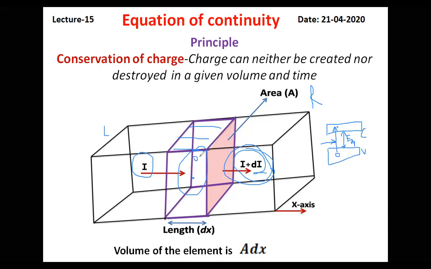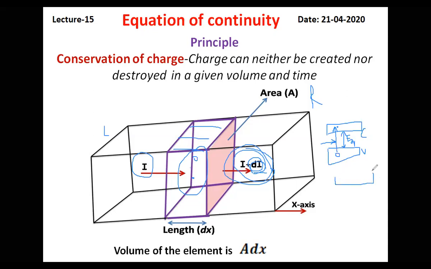Some amount of the charge is removed from this block due to the transport mechanism. That means Di is the excess amount of current that is taken away from this particular block. Now there will also be one more process of removing the charge from this block, that is known as the recombination process. What do you mean by recombination process?